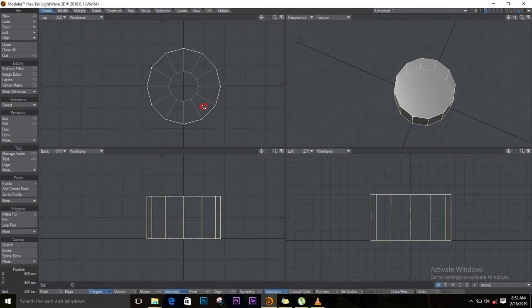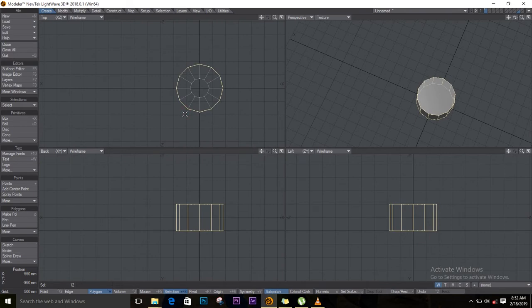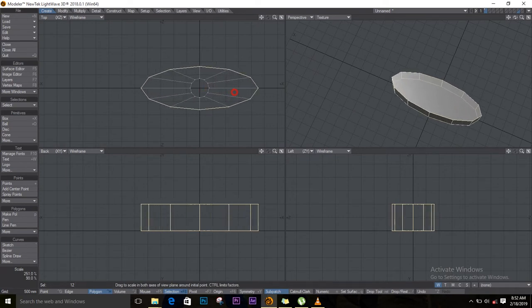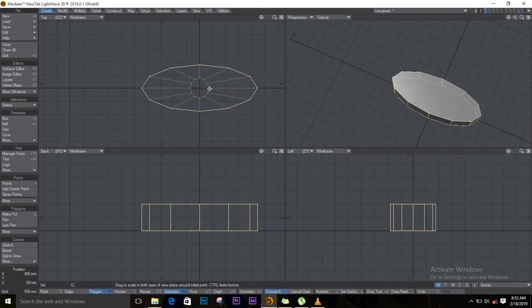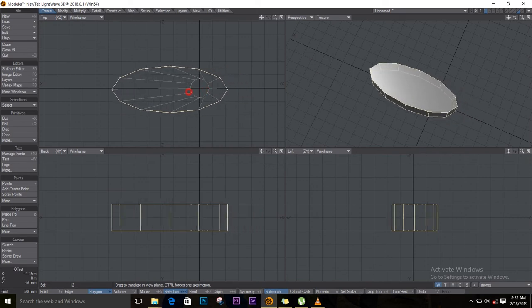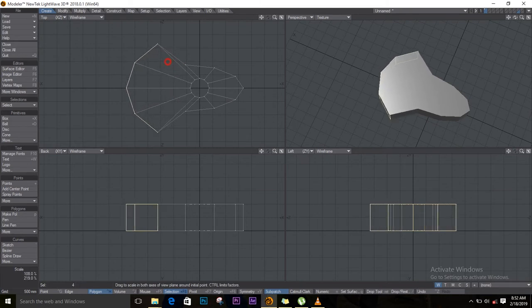I'll zoom out, hold down Control Alternate, and then drag with your left mouse button. I'll push H on the keyboard and I'll stretch it like this. Okay, I think that's good enough. Push T on the keyboard, drag this one side like this, and what we'll do is push space on the keyboard, select these bottom polygons, push H on the keyboard, drag them out like that,